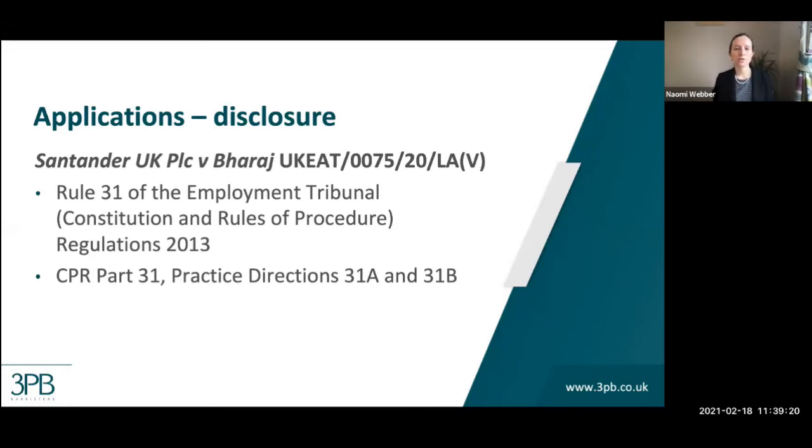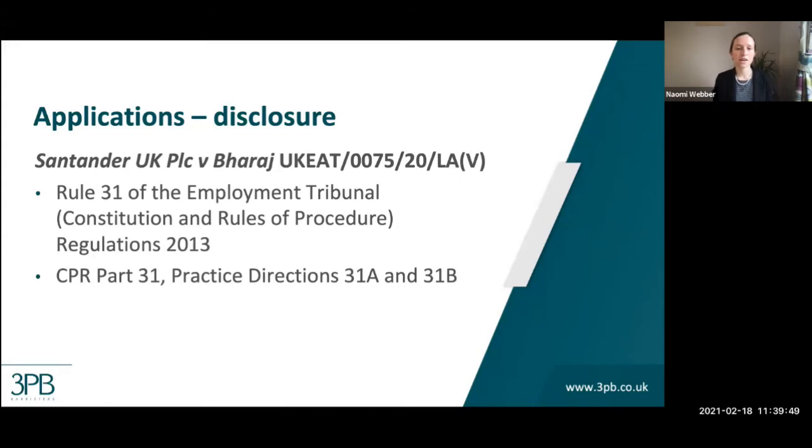It's important to note there that the term relevance doesn't appear in that test at all. Of course, material that meets this test will also be relevant, but as the point was made by the judge in Barrage, the term relevance is not that helpful, and in fact, disclosable should be used and is a more accurate term. So in addition to looking at CPR 31.6,